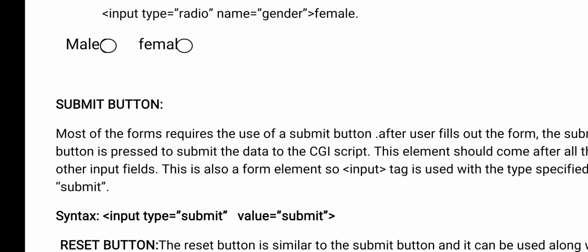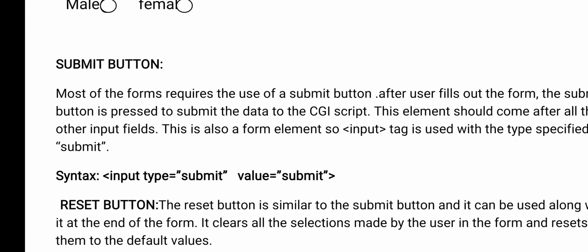Now you see the submit button. This button is very familiar. After entering all the fields like text field, password field, radio buttons, text area, check boxes, you want to submit to the server. So when you click on that submit button, that is submitted as an input.